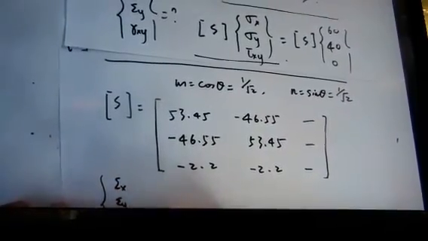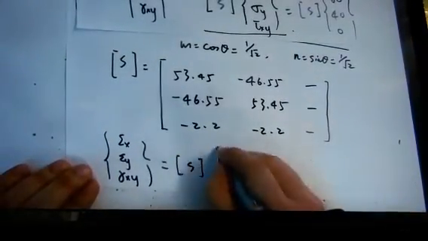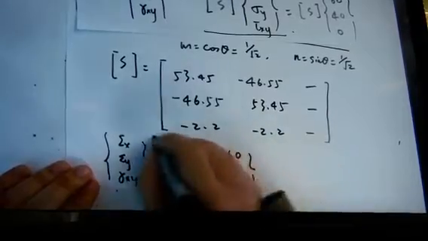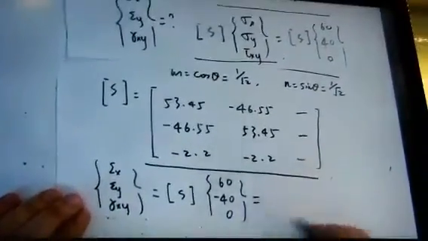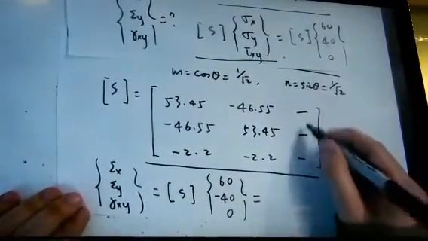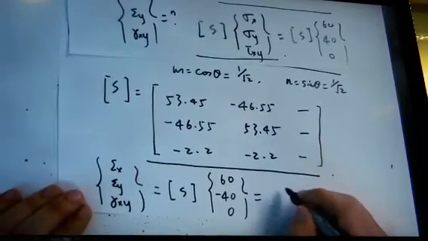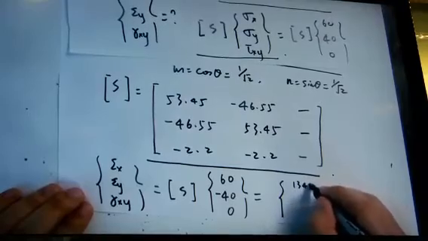Basically, gamma xy equals this S matrix times 60, minus 40, 0. The S matrix is here. Because of this 0, you do not have to care about the value of this column. And the strain value